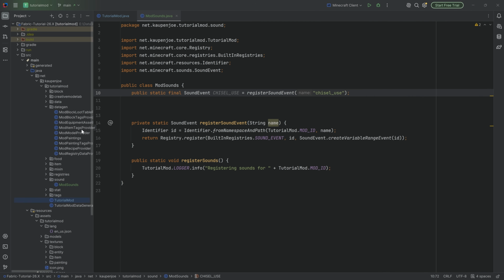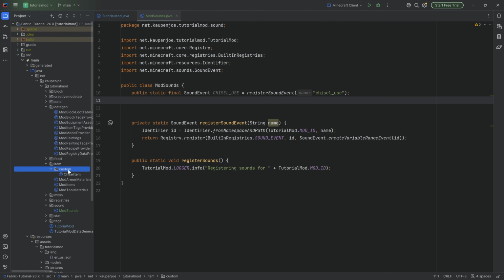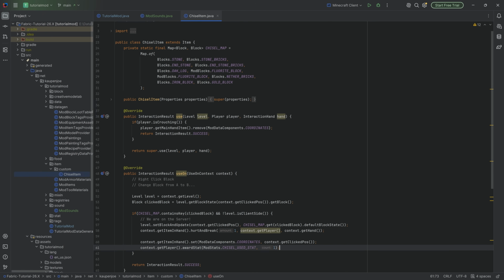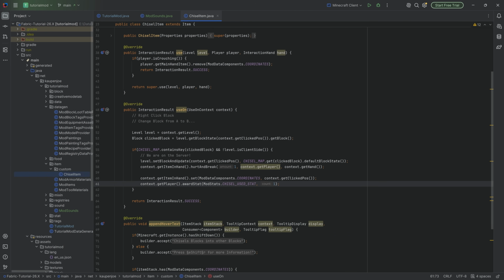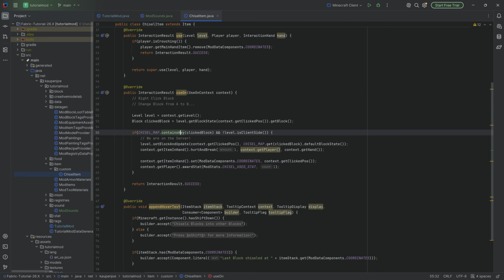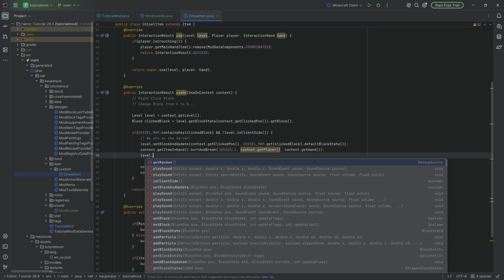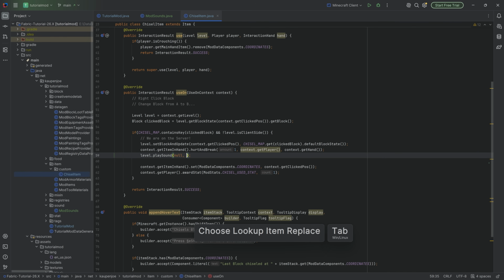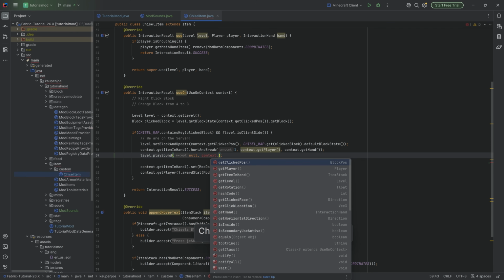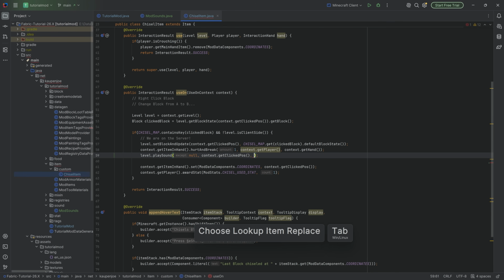Regardless of that, we're going to jump into data gen, because that's the next step, but first of all let's use this. I mean, it's as straightforward as you might think. So we're going to do it in the chisel event right here, when we are using this on, and basically we're going to do the following. So if this contains a key and we're updating this, then we're going to say level.playSound right here, passing in a null. Then we have context.getClickedPos,